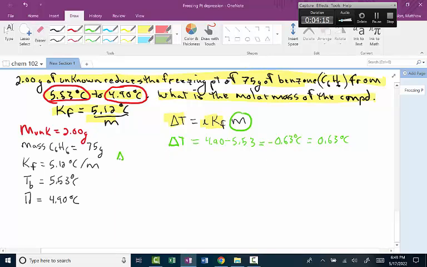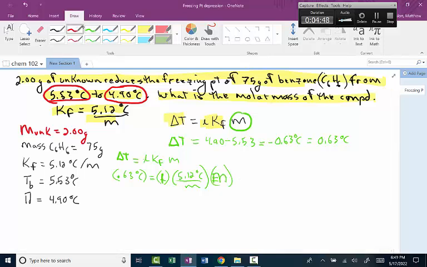I have delta T equals i Kf m, and so delta T is 0.63 degrees Celsius. i equals 1. We're assuming it's a molecule. Kf is equal to 5.12 degrees Celsius per molal,